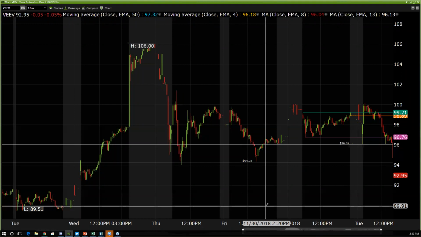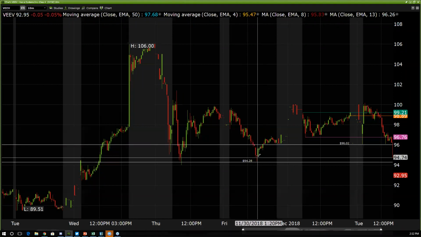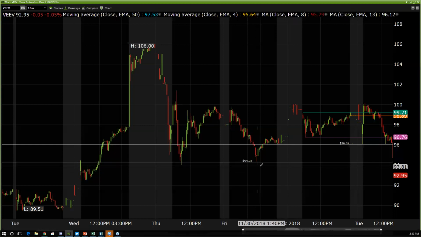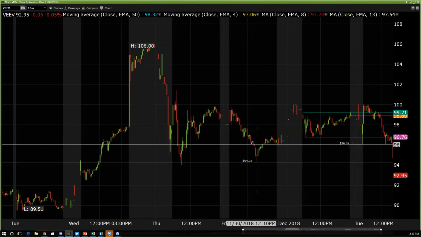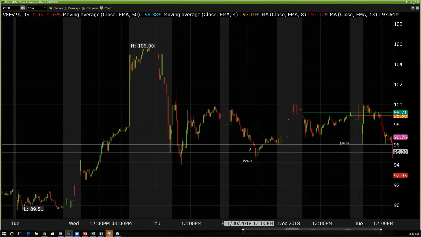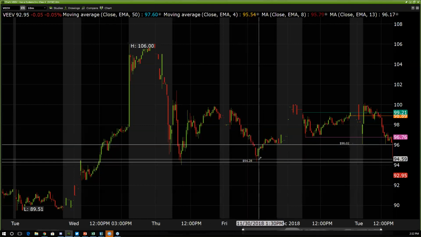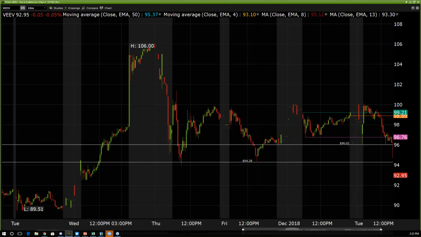The only thing that I know is the stock has room down to this level. I don't know if it's going to hold the level and bounce off of it. I don't even know if it's going to get there. I know there's a higher probability, though, that once this support area breaks, it's going to have room down to this area, that low. So